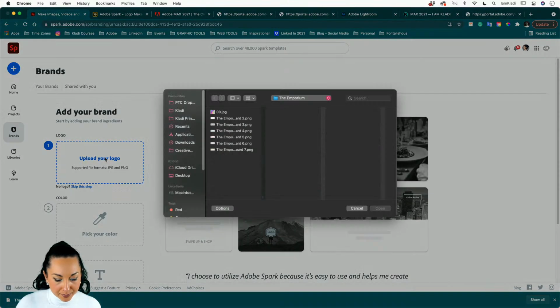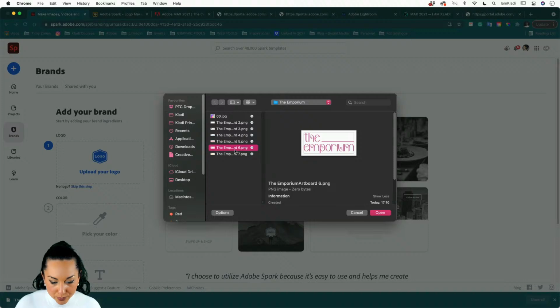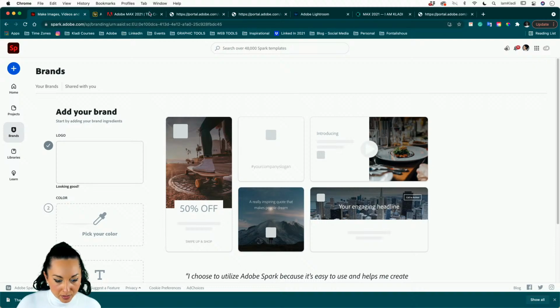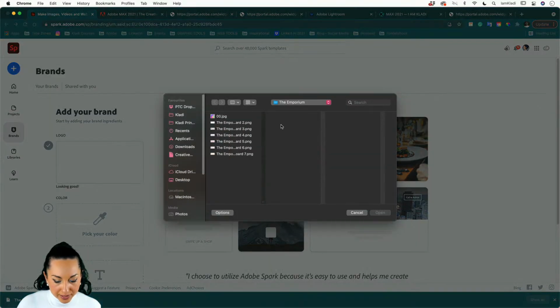So I'm going to go ahead and upload it again. It looks like it wasn't showing because we have been playing with the logo maker for a little bit. So here it is. Go ahead and click on open and it will load, hopefully, into our Spark. If not, I'm just going to probably have to close the logo maker, because otherwise I think it's just waiting for the logo maker